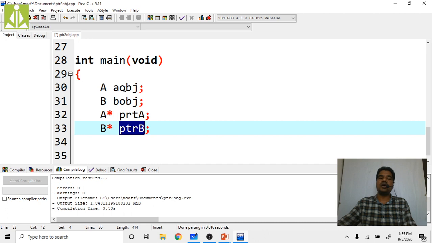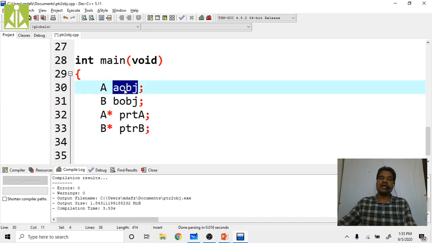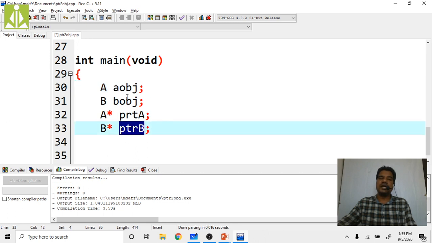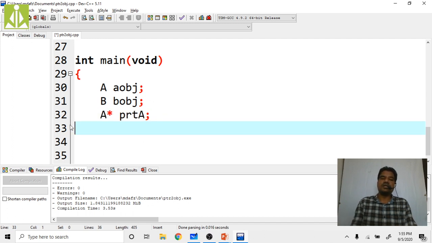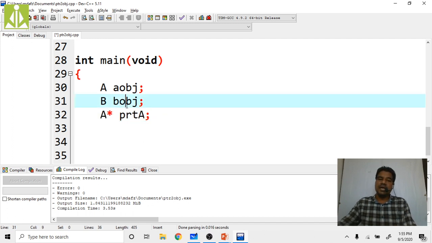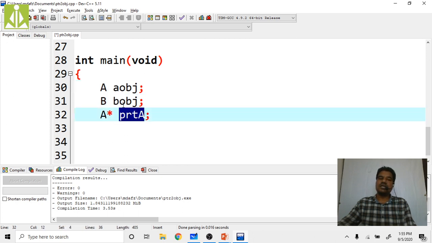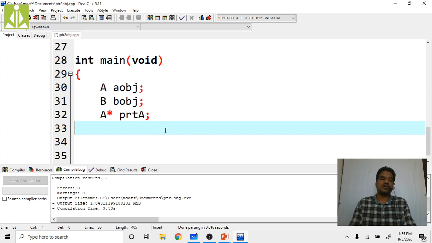You can access all A class data members by using the arrow operator, and you can access all B data members using the arrow operator. But if you initialize a B class object to an A class pointer, base class pointer, derived class object, that is our concept over here.